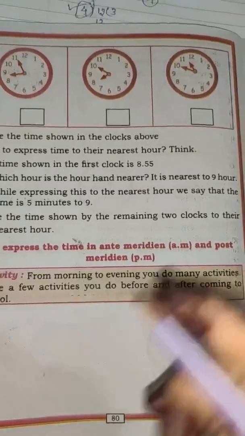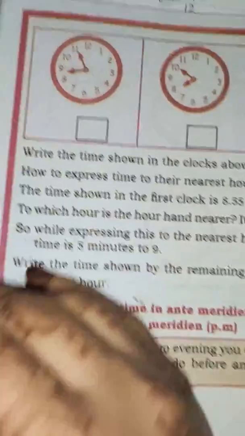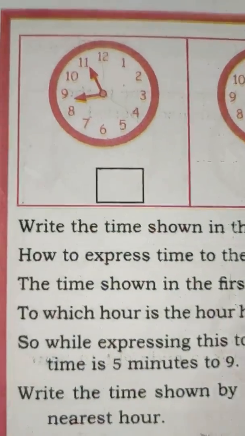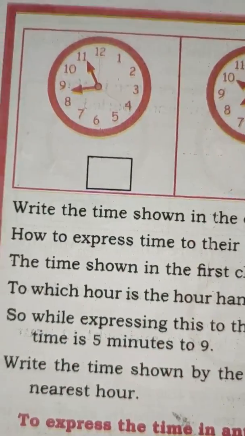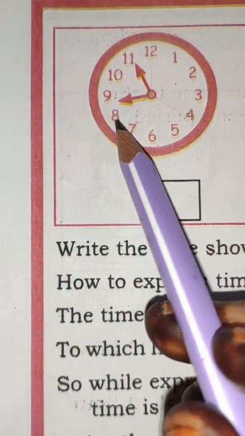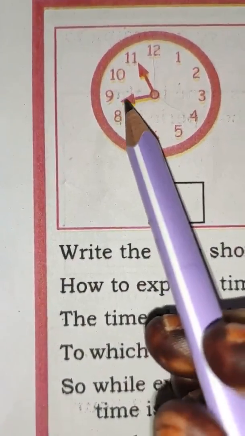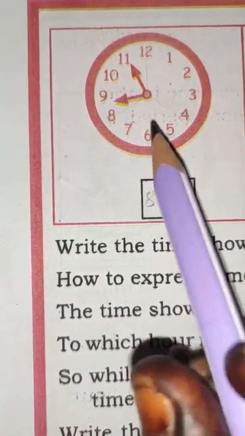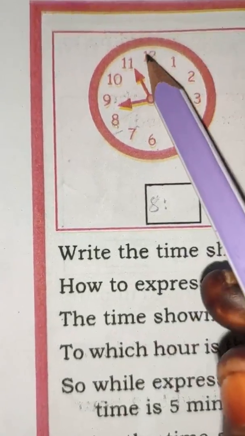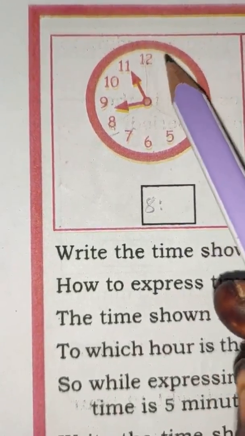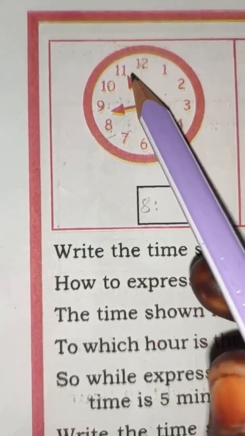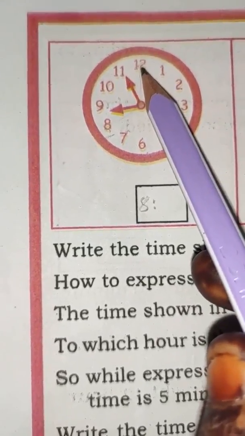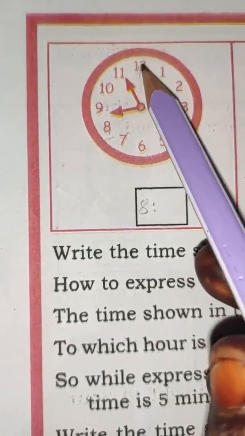Try it, children. Okay. Now children, come to page number 80. Here there are times. You just observe the clock and you have to write the times here. First here, tell me, what's the time here, children? It's 8. See here, the small one is between 8 and 9. So we have to write this 8. First we take the first one. Then you have to count from here. See here, the biggest one has not yet reached 12. It is near to 12. So we have to start from here.